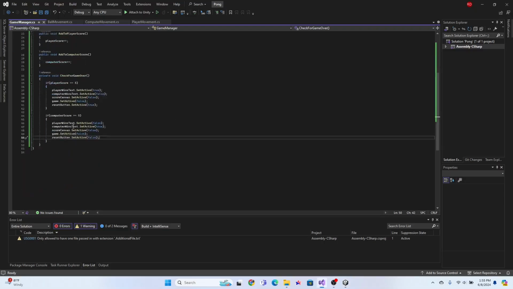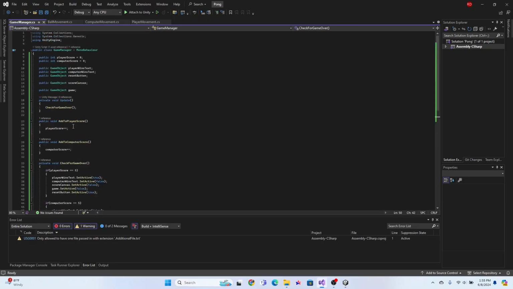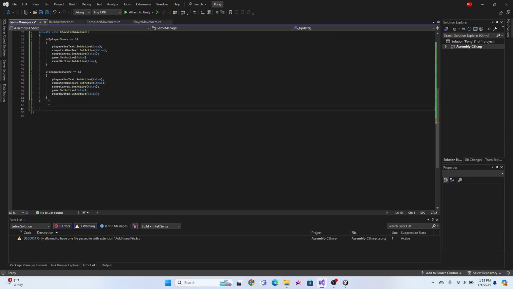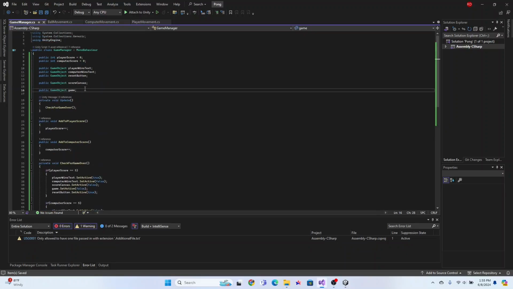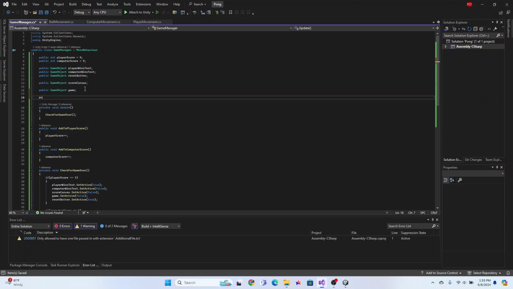Inside of our game manager script, we're going to need to add methods for all of the buttons that we have. So let's start. A public, because we're going to need to reference this inside of the Unity editor, a void. Let's do on start button clicked. We'll start with the start button. And then in this method, we're going to want to have some more game object references. So public game object, start canvas,